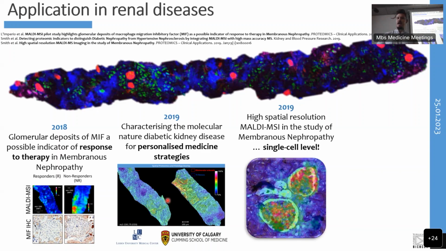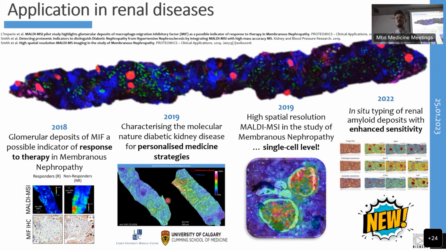Then in 2019, we also started to want to delve deeper within the glomeruli and take advantage of this high spatial resolution capability. So in addition to being able to generate specific protein profiles of glomeruli entirely in tissue, also specific protein profiles of the cells inside the glomerulus, enabling us to distinguish mesangial cells and podocytes, for example. And then this leads us to 2022, where we are now embarking upon another approach using this technology,